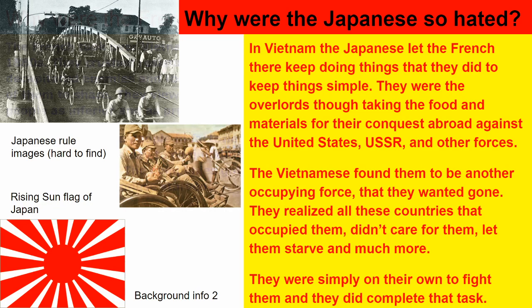So the Japanese went to Vietnam after France was taken over by the Nazis. The Nazis were like, you can have Indochina, we're not really interested in it. And so they went in there. They saw that the French government was still in decent control of the people who were there. So they set a deal: you guys can continue what you're doing,